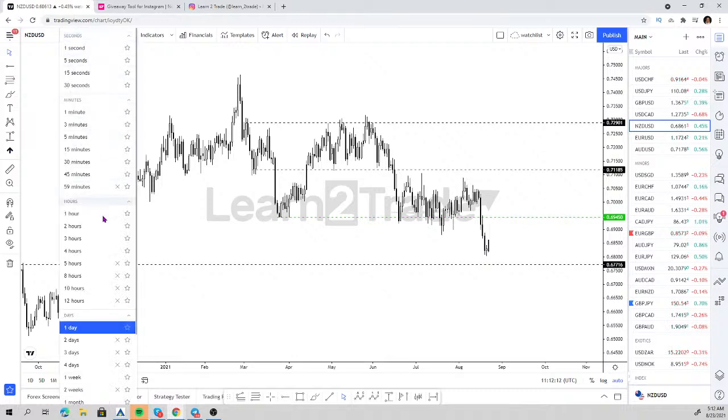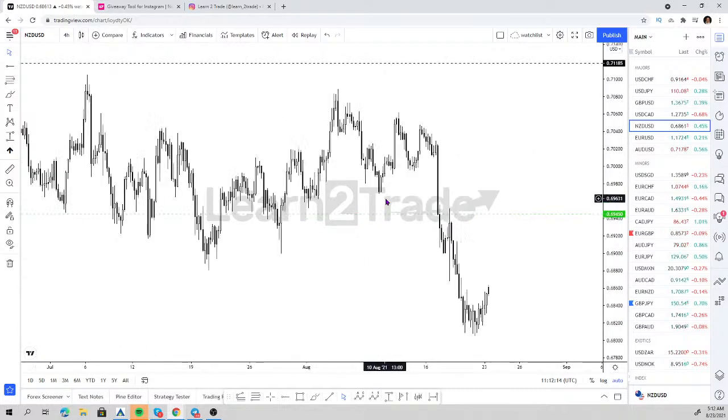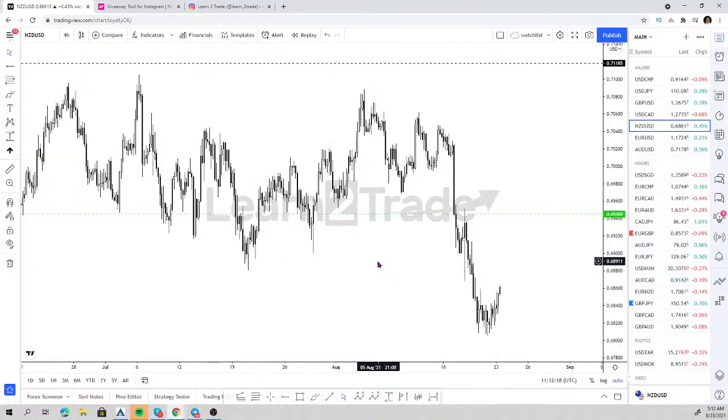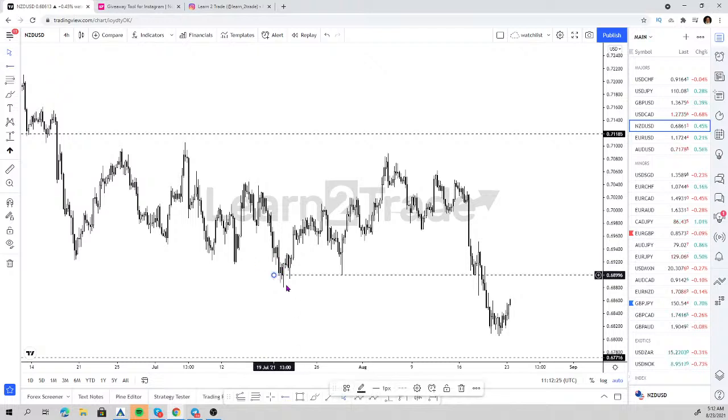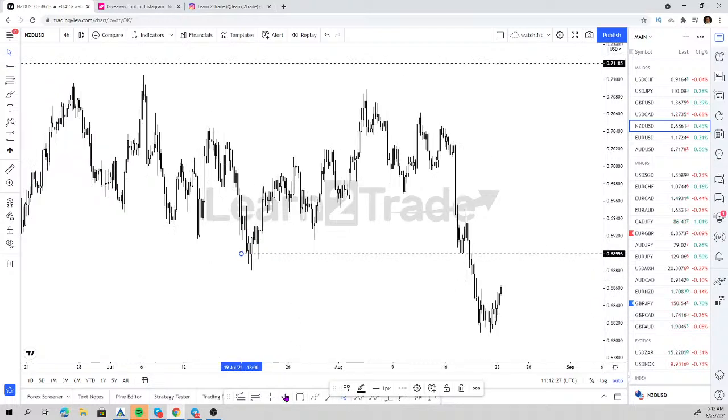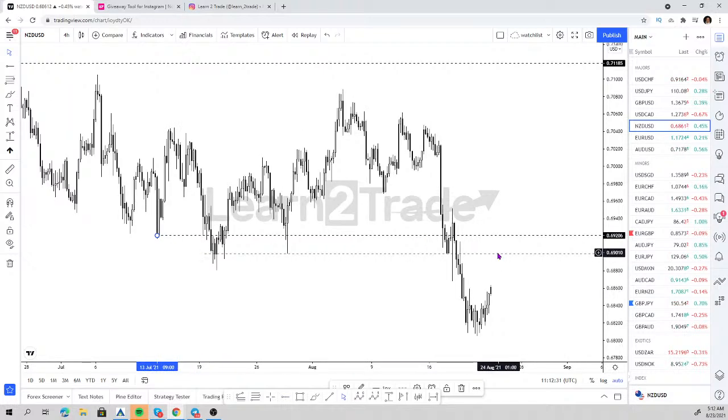Let's have a look at the 4-hour chart in this market. Now, that level is too choppy to me. I actually hate it, but all right, let's have a look. This is the reason that I hate it. It's because of my possible stop loss positioning. They would have to go here.